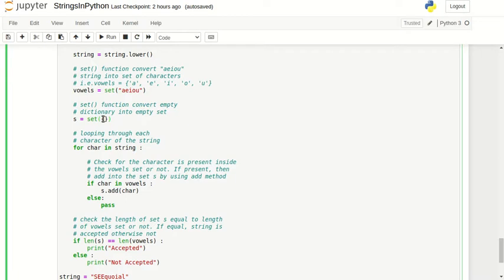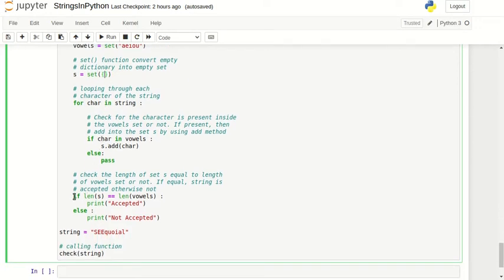Suppose we have A occurring two times and other vowels E, I, O, and we don't have U, then it will have a count of 5 if we don't use a set. But if you use a set, we will only have the unique values.